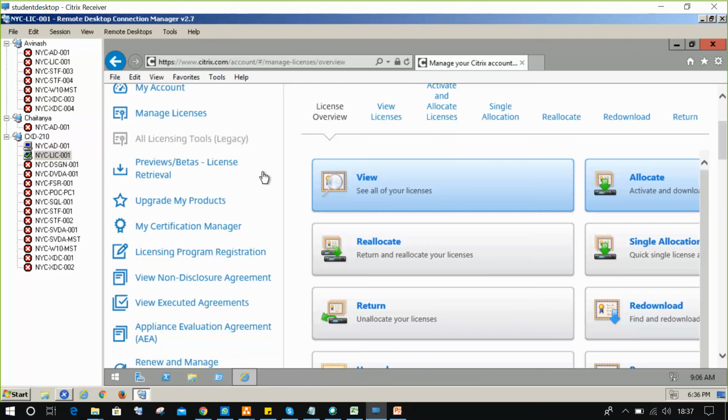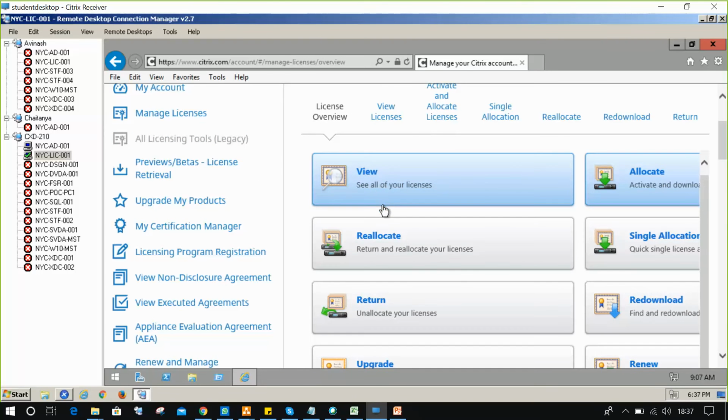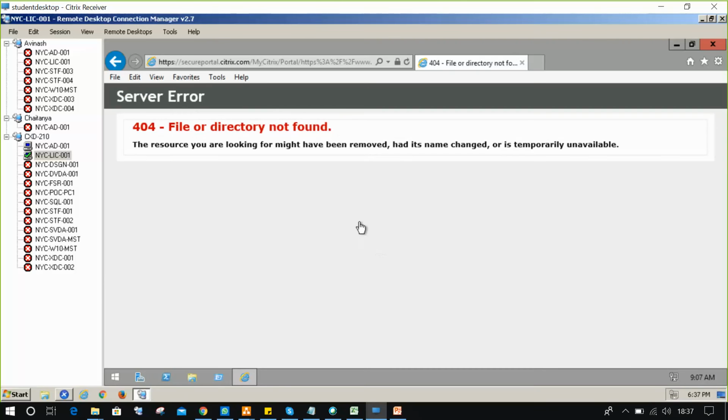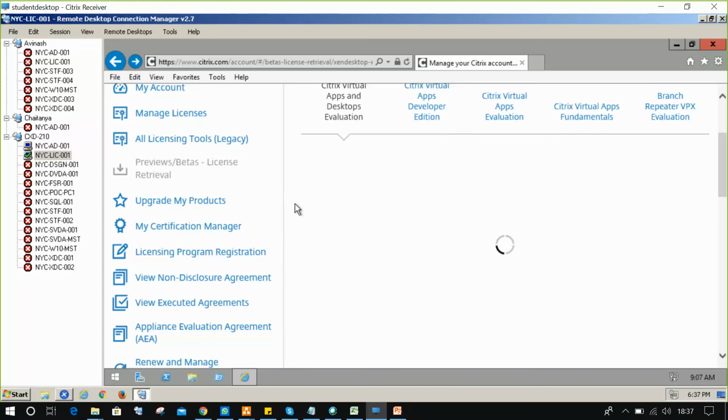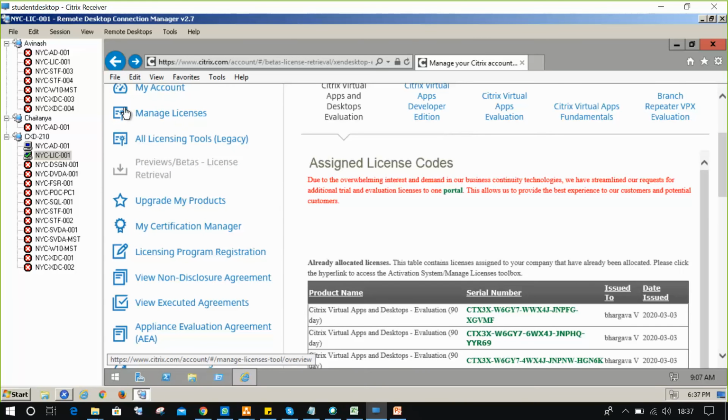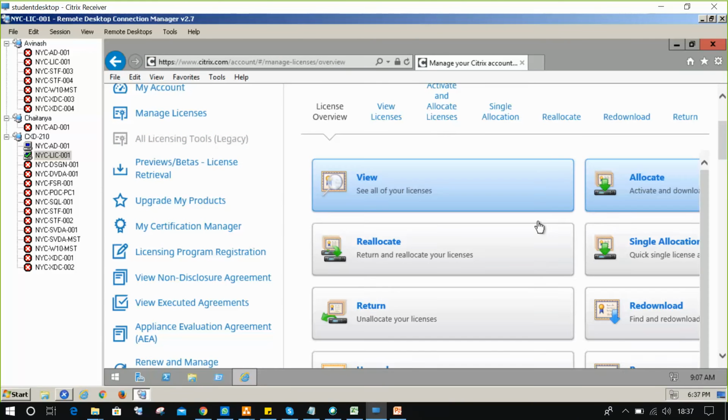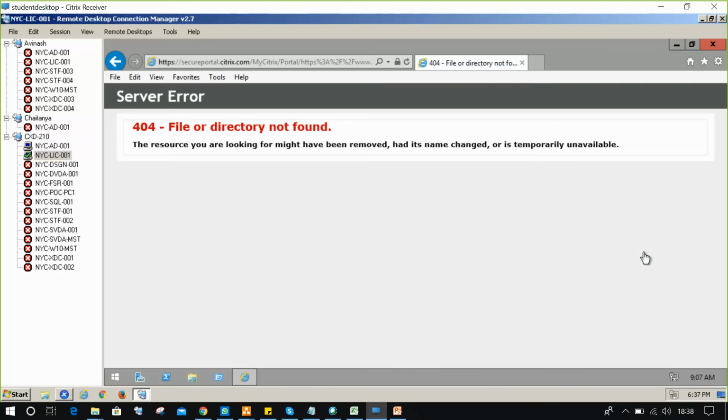Go to all licensing tool. I'll go for reallocate. Single allocation.